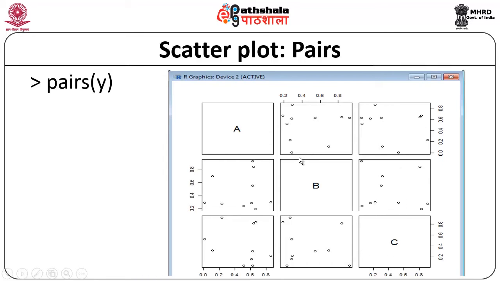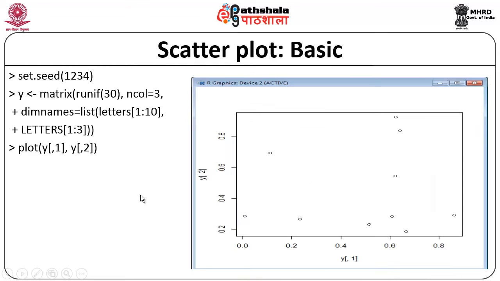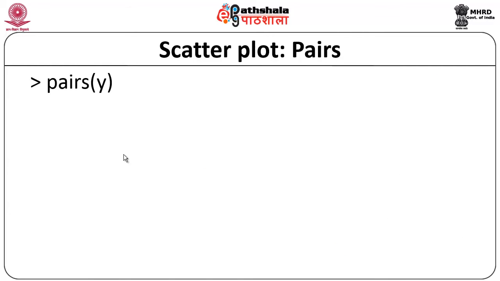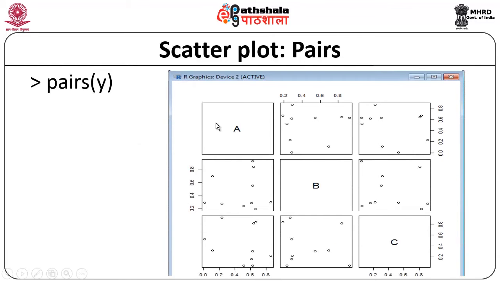So, once you call this method, you will find combinations of variables. Here there are 3 variables, and the combination of these 3 variables, represented as a 3 by 3 matrix, is highlighted here. Similar to y in the previous statement, we randomly generate a few numbers for y, save that into a matrix, and whenever you call the pairs function for y, the same random numbers that were generated will be used for plotting these pairwise variables. So, instead of visualizing a single pair of variables, we can go for multiple combinations of such pairs and visualize them on one single screen. That is the main use of the pairs function.